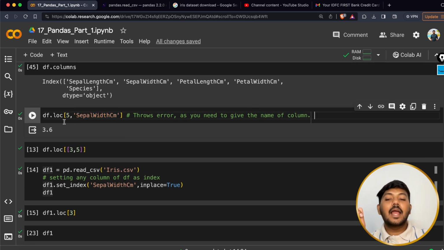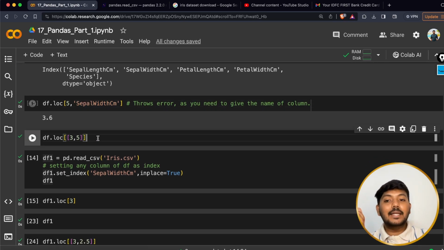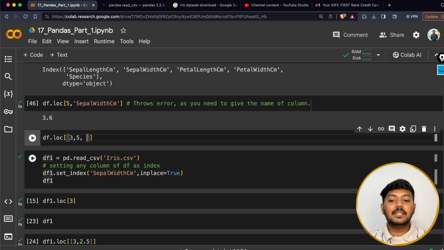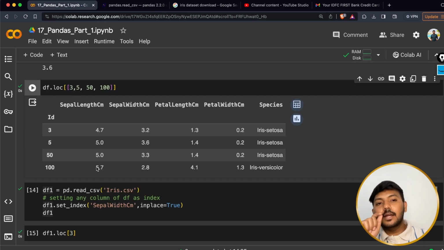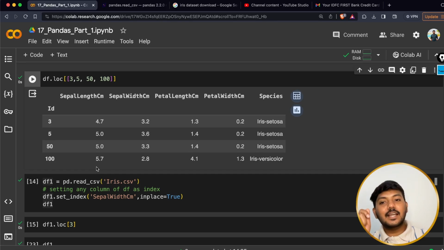Hopefully that is clear. And I can even access multiple records at the same time. Let's say I want to access records of index 3, 5, 50 and 100. I can do it like this, and I get these values. Now let's go a little bit deeper into this loc function and understand what will happen if there are multiple indexes of the